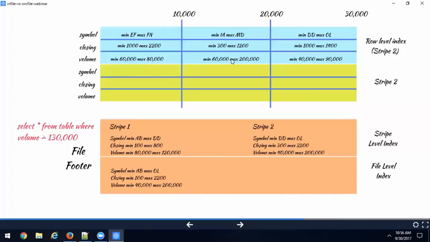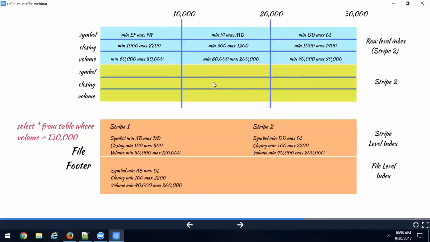The second 10,000 has it because the max is 200,000. So you have to read just the second 10,000 rows from stripe 2, okay? You don't have to look at the third 10,000 row group at all. You can just skip it, because the max is 90,000.